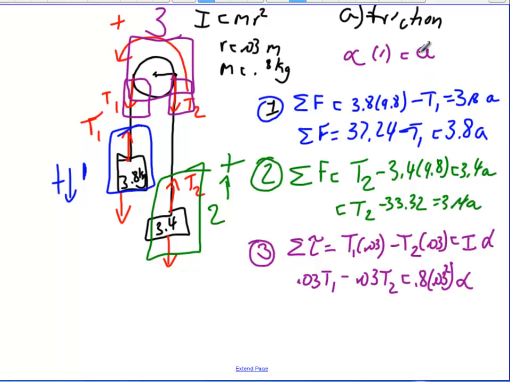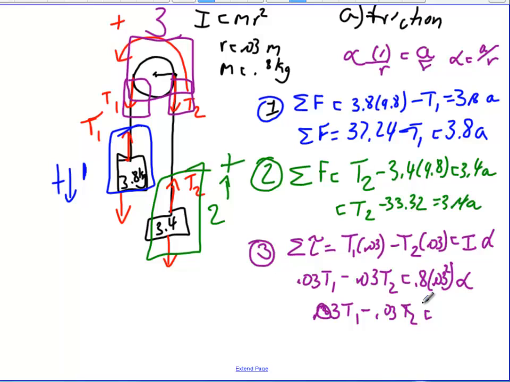Which means I can replace alpha with A over r, right? If I divide both sides by r, then I can see that alpha is equal to the linear acceleration divided by r. So 0.03 T1 minus 0.03 T2 equals, okay, let's go ahead and find our moment of inertia, 0.8